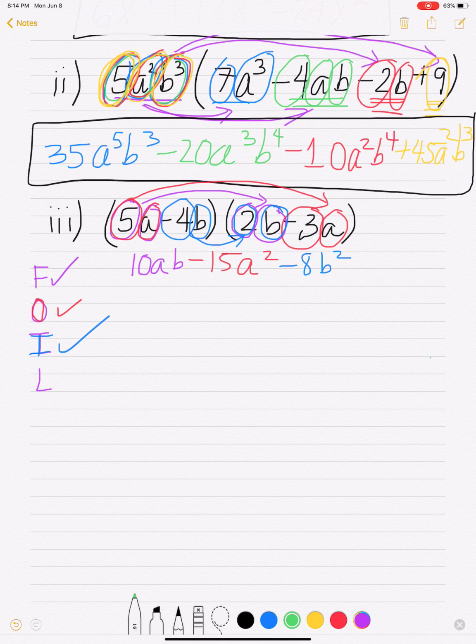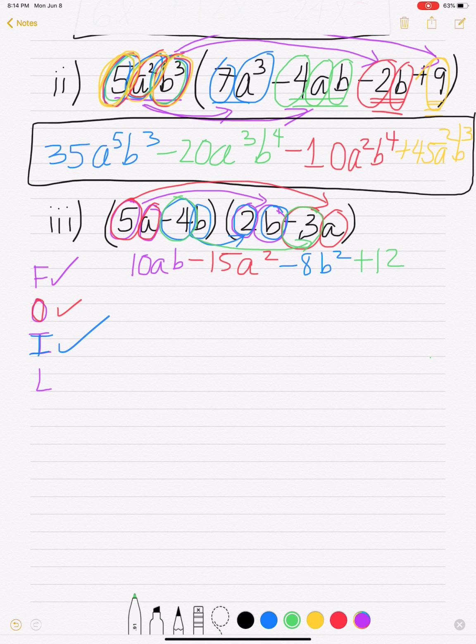We're going to do negative 4b times negative 3a. So I'm going to take what? Negative 4 times negative 3 is positive 12, right? And then we're going to have b times a, you can say, is ab. Now the thing I have to remember here, that was my last, I have to combine any like